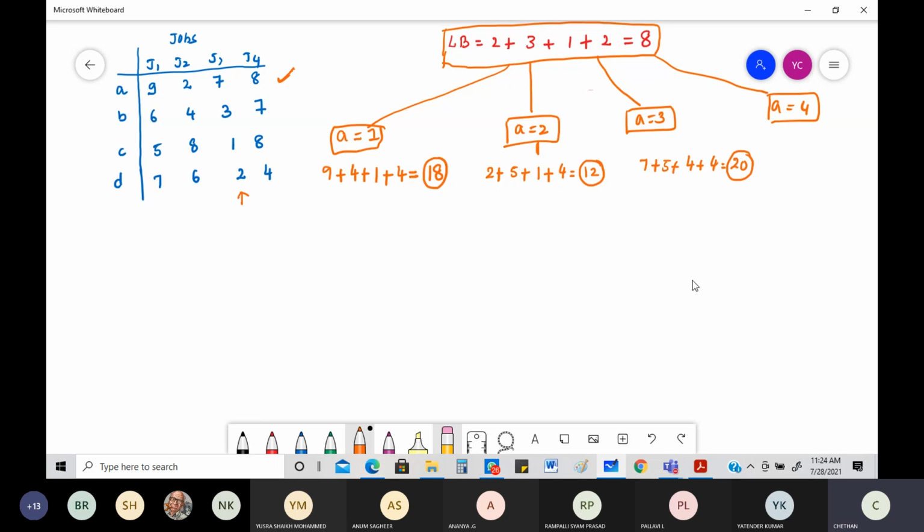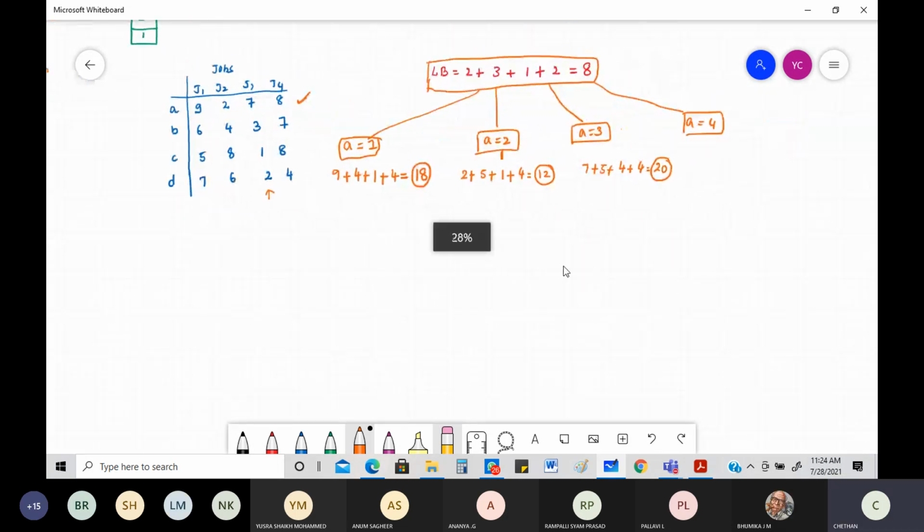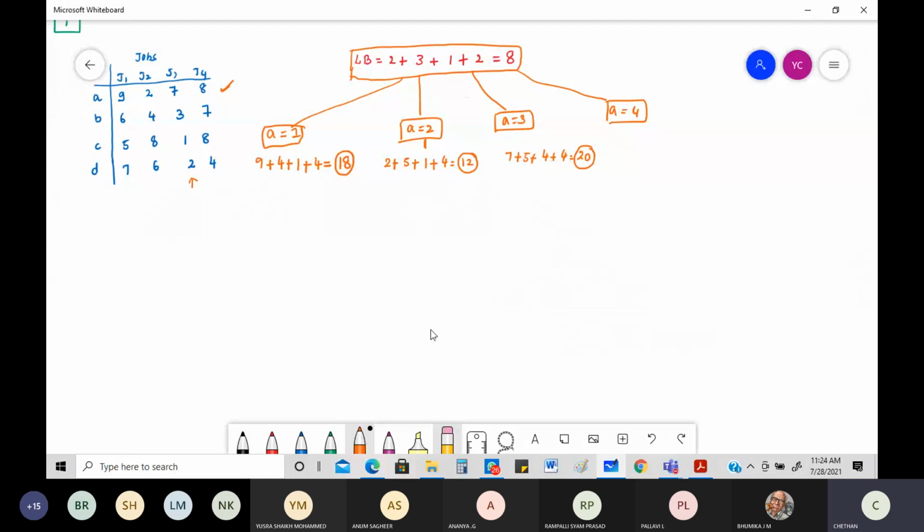Then we go for the last one. Okay, a little bit 4, yeah. See, if you go for the last one, please zoom in if you can't see. Okay, so you go into the last one, A4. A is doing the fourth job. So you get 8 plus, we should not be taking this. Okay, we should not be considering the fourth column now, because that is what we are going to assign now.